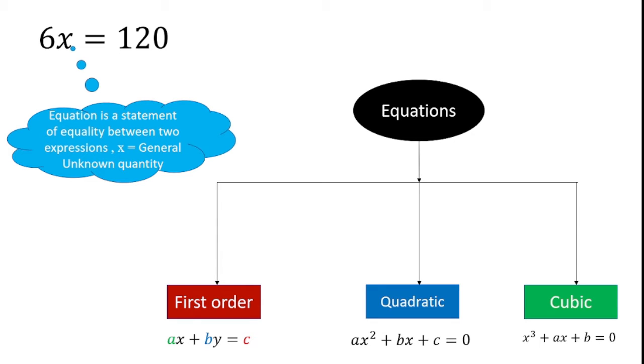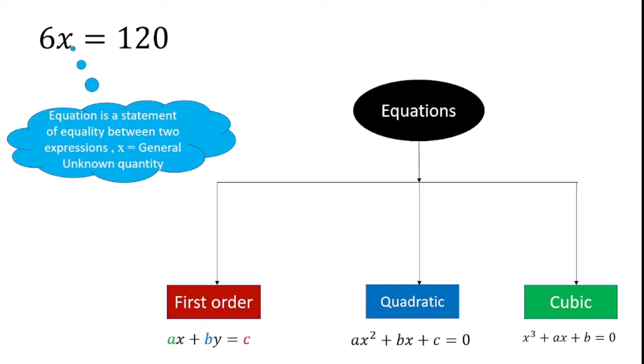Likewise, there are a lot of equations constituted with different alphabet letters such as x, y, z, a, b, c, d, or otherwise p, q, r. A lot of alphabet variables are utilized to generate equations. For our understanding purpose, I utilize A, B, C, D and P, Q, R. Let's see what expressions I utilize in our upcoming presentation. So now you are aware of what is meant by equations.